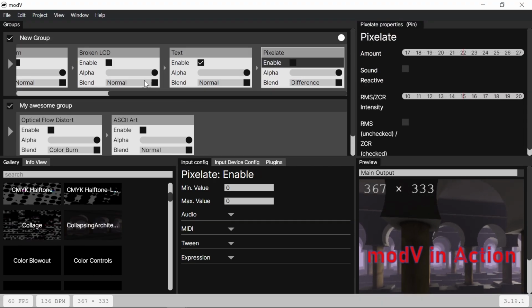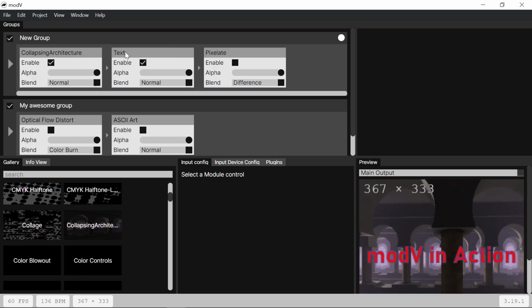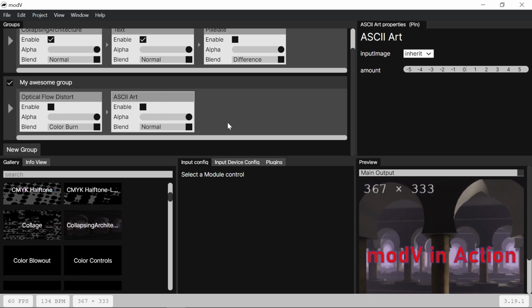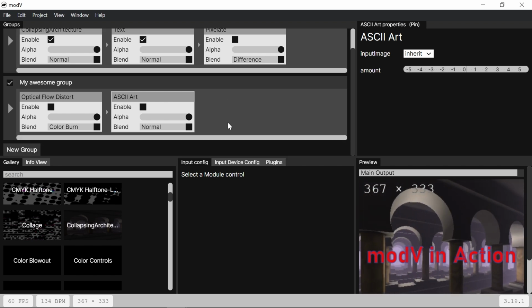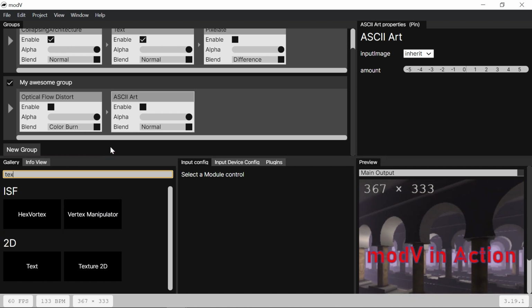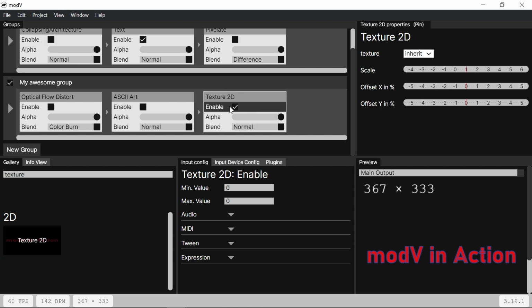So I will just get rid of the broken LCD. So click on the module and then backspace, brick pattern, the same thing. Don't want to see that anymore. We can also leave the ASCII art, that's fine. And yeah, that's okay. So if we want to add our own image, there's a module called Texture 2D, and I'm putting this into the search bar on the left of the gallery, and then you can see this Texture 2D module here, adding it here, enabling it and clicking on it, so the module inspector is open, and